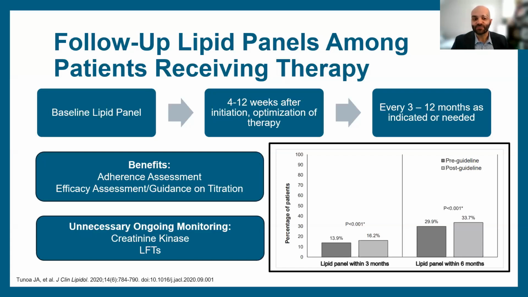It's going to allow us to assess adherence as well as efficacy, and whether we need any titration of our treatment. Oftentimes we do get concerned and hear a lot of issues related to statin-associated muscle symptoms as well as liver dysfunction. We don't need to ongoing assess those things, such as LFTs and creatine kinase. Those are for when issues arise. So let's say you start someone on a statin, and they tell you they have increased muscle pain right after they started it. You've ruled out many of the other risk factors or other issues, like, let's say they just started to work out more often. Now we know it's an appropriate time to use an LFT or a creatine kinase.